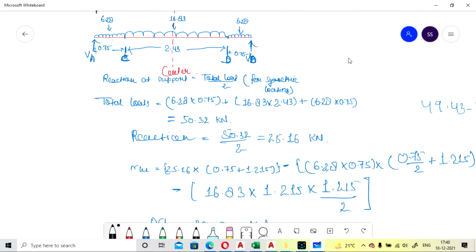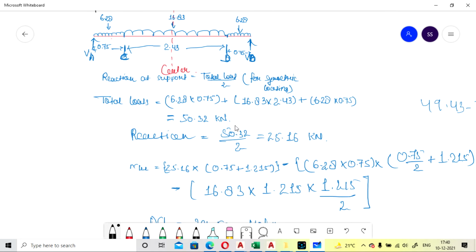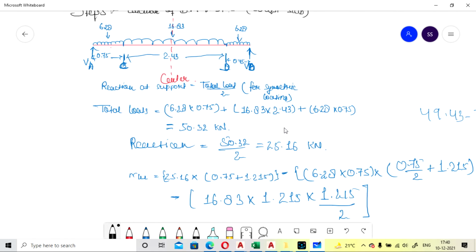Total load will be 50.32 kilonewton. Now we go for the calculation of reaction or shear force value. It will come as total load divided by 2, that is 25.16. So your reactions will be VA and VB, 25.16 and 25.16. These are the reactions.